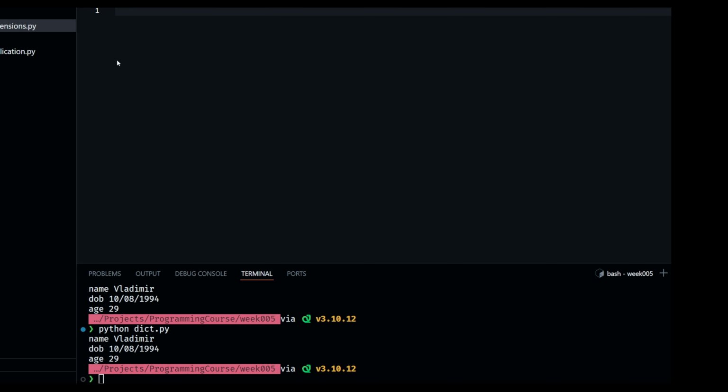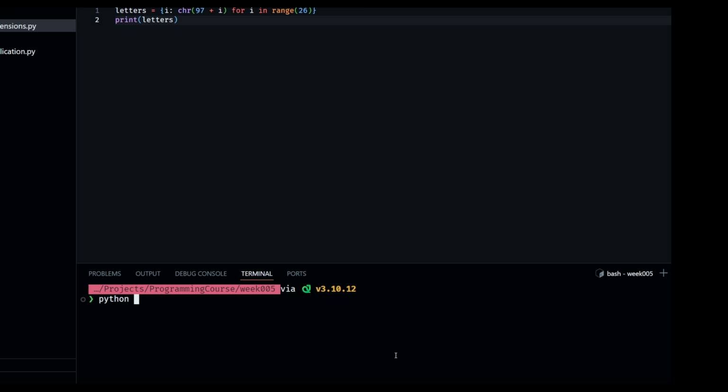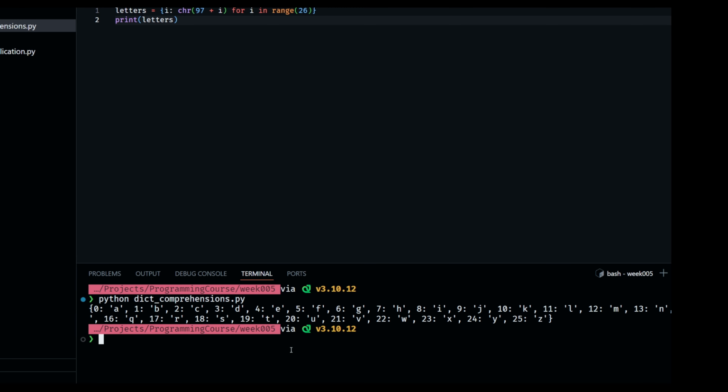I'll create a new file and let's run it. And you can see, so here we created the key value pair. So for each character, basically the chr function returns us the character which corresponds to a specific code. So there is, I believe, ASCII